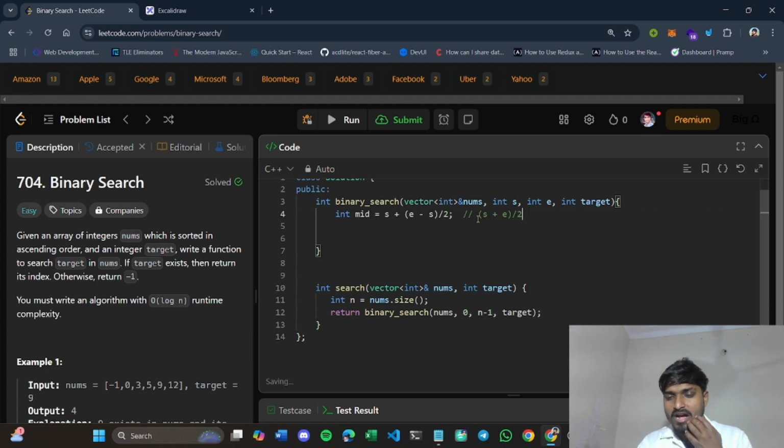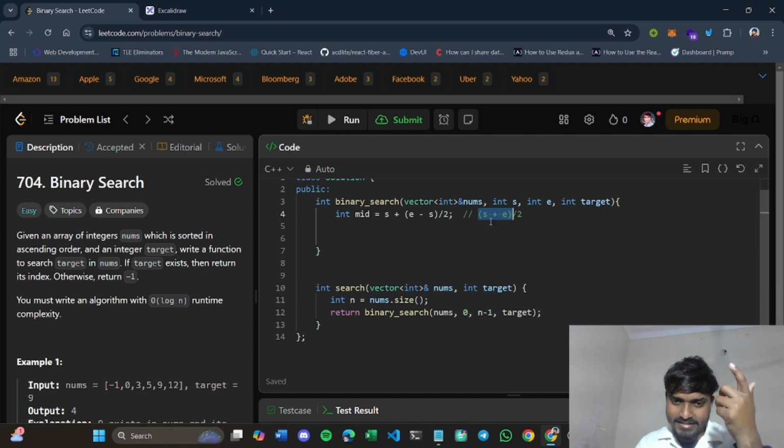Why? So let's say we are handling one case. Let's say your starting index is 0 and your ending index is greater than the integer data type capacity. Let's say it's greater than 10 to the power 9, so let's say it's 10 to the power 10. In that case, if you add these integers, let's say your e is 10 to the power 10 and your s is also 10 to the power 10, the first operation will add these two elements, that is 10 to the power 10 plus 10 to the power 10, and store it inside an integer variable. But integer capacity is basically 10 to the power 9, so it will give an overflow, right?